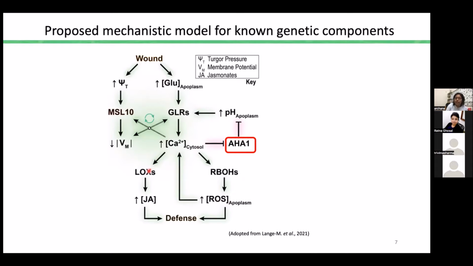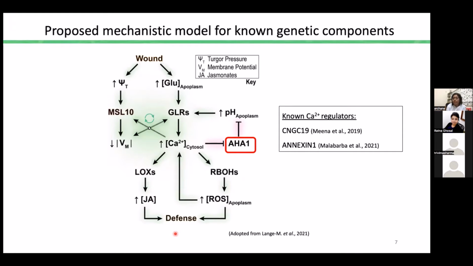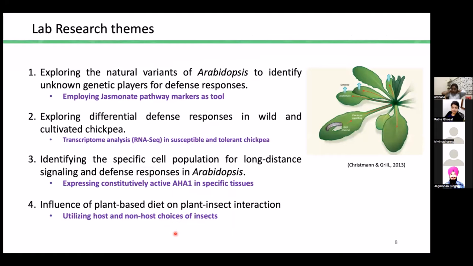And further, through two different pathways, they upregulate reactive oxygen species and the jasmonate pathway, and this leads to the defense responses. We also know a few other components, like CNGC19 and recently NXine, which also play a role in the defense responses. So now, based on all this research background, when I moved to India, I tried to